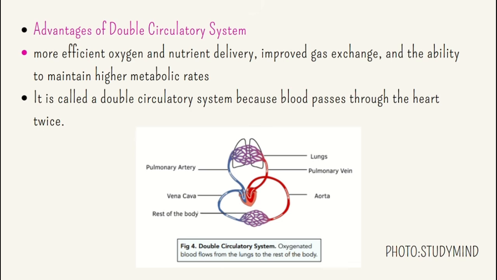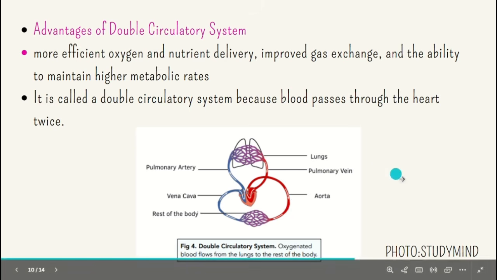A lot goes on in the body. We have a lot of tissues, a lot of organs, a lot of systems going on. I'm telling you about the reproductive system, nervous system, endocrine system. A lot of things depend on the circulatory system. We need the blood, we need the oxygen flowing in our body, right? So this is why the double circulatory system is necessary, and it's called that because it passes through the heart twice. Right? So now just bear in mind, if you look at this diagram,